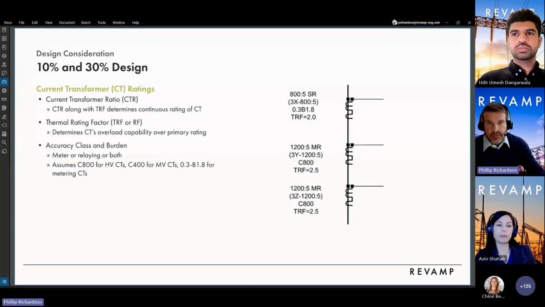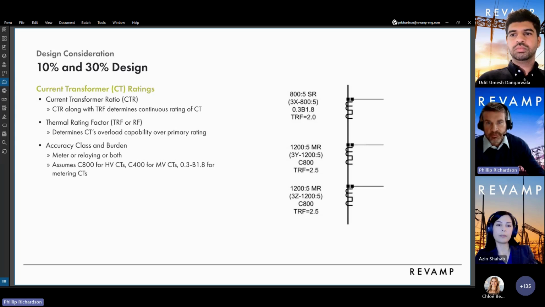For CTs, the CTs are sized between a balance of the expected continuous current and the expected fault current. And I'll explain this a little bit later in a different slide. The capacity rating of the CT is determined by the CTR, the primary CTR, and the thermal rating factor. For example, the 800 to 5 CT with a thermal rating factor of 2 can handle up to 1600